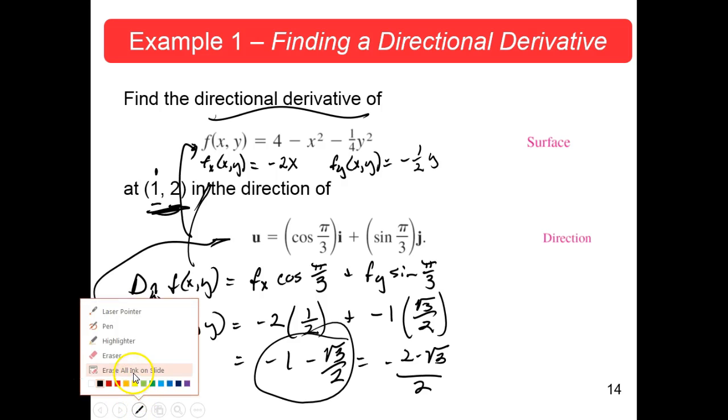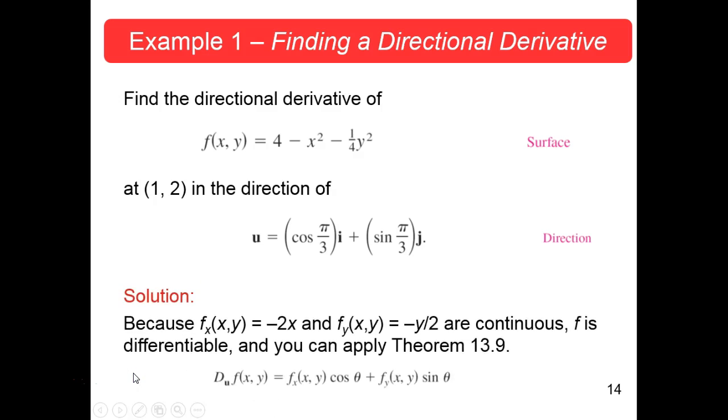Okay, so that's how I did it. Let's see how they do it. They first start by taking the partial of f with respect to x, which is minus 2x, and the partial with respect to y, which is minus y over 2. Both of those are continuous partials, so you can do this. If they were not continuous, you can't do this. Since they are continuous, f is differentiable, and you can apply theorem 13.9, which says